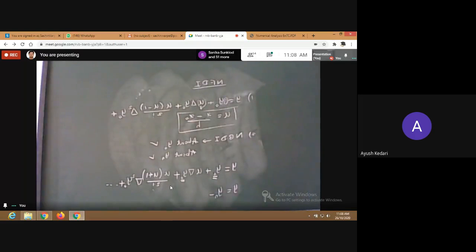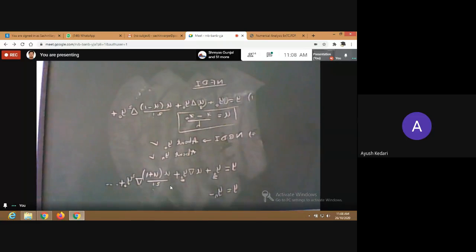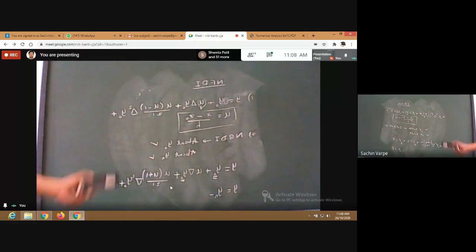So what is the formula in terms of yn? Do you have the formulas? Yes, any one of you? Sir, is it u delta yn? Not delta, because we are writing backward, so that will always be del, the opposite triangle. Yes, del. u del yn plus, or minus? Plus only.